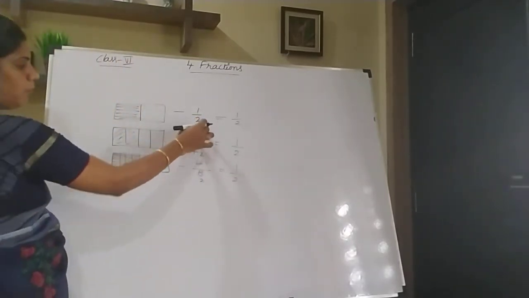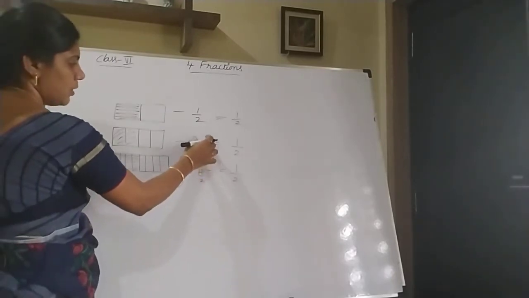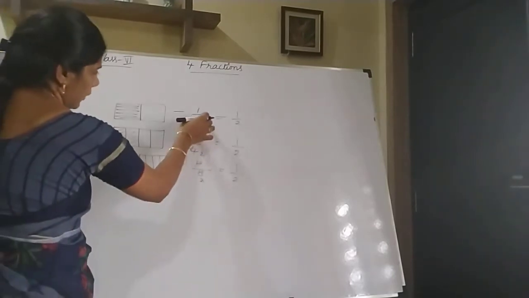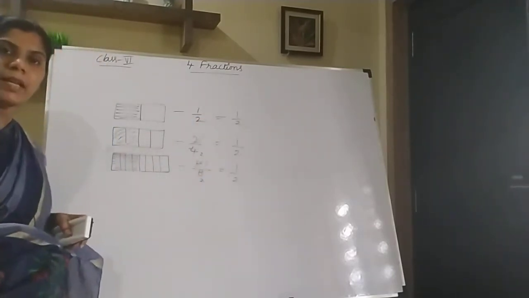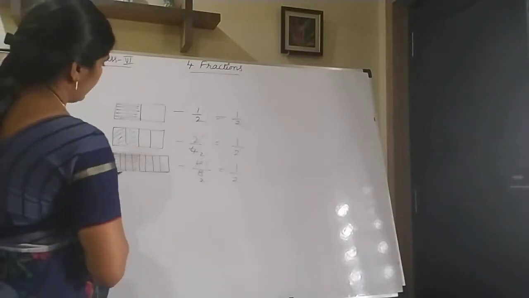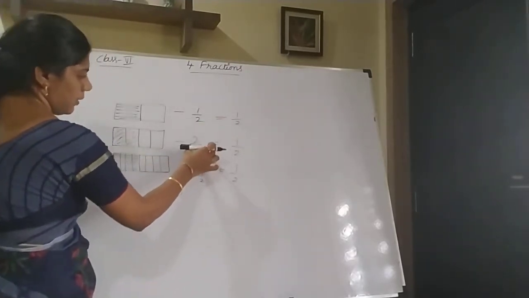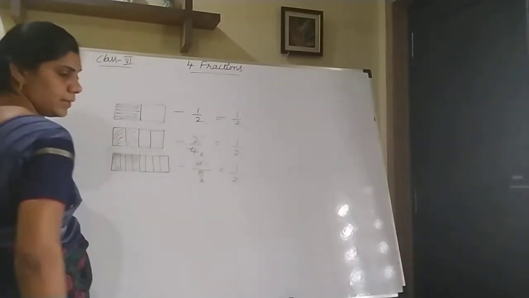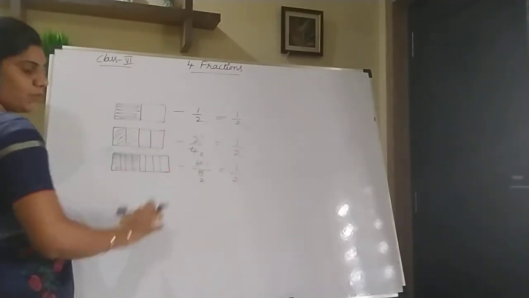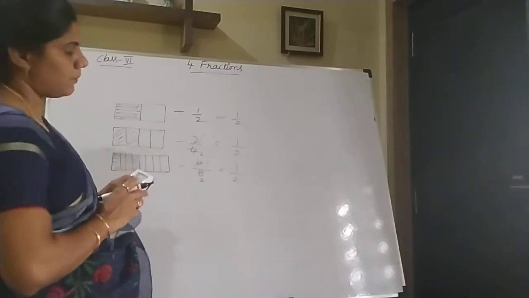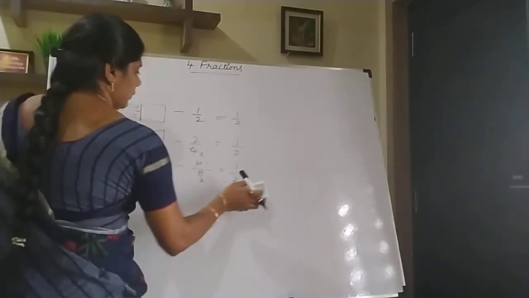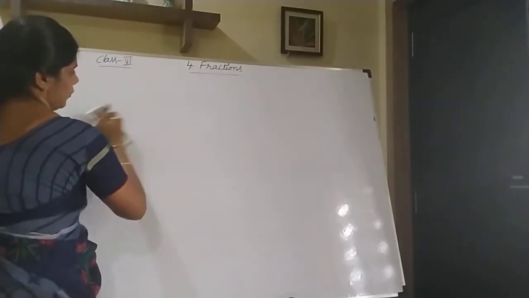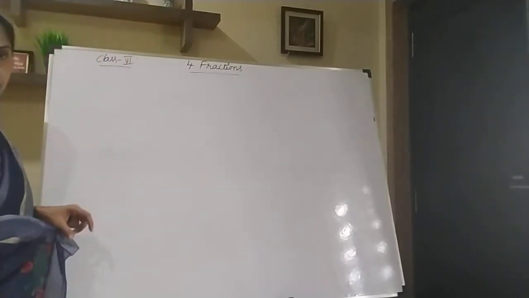So these type of fractions. When you reduce the fractions, if you get the same fraction, then these type of fractions will be called as equivalent fractions. Okay. So understood this one? If you reduce the given fractions, if you get the same result, then these type of fractions will be called as equivalent fractions. Okay. Now we will see how many fractions are there. So just we learned about equivalent fractions, right?